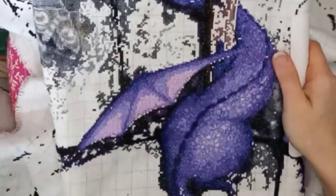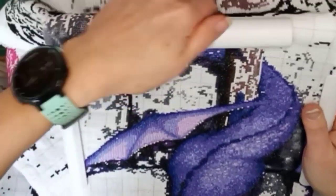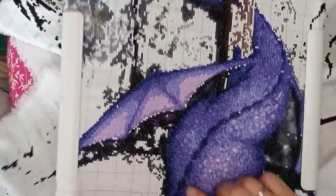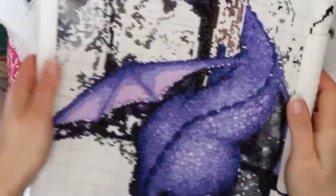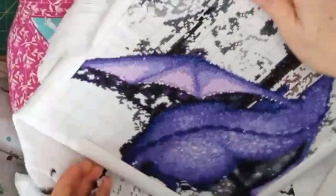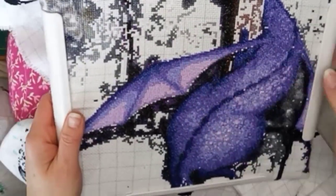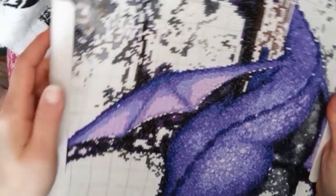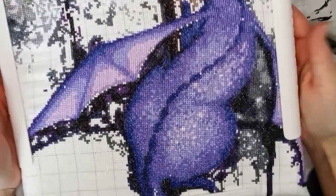I go clunk, clunk, and the more you've got under it, right through his face. I'm just going to steal a bit there. For some reason I've only got 3 legs. And then nice and tight. And that is drum tight. And I find that even if I've got stitches under it, I have no issues with them distorting